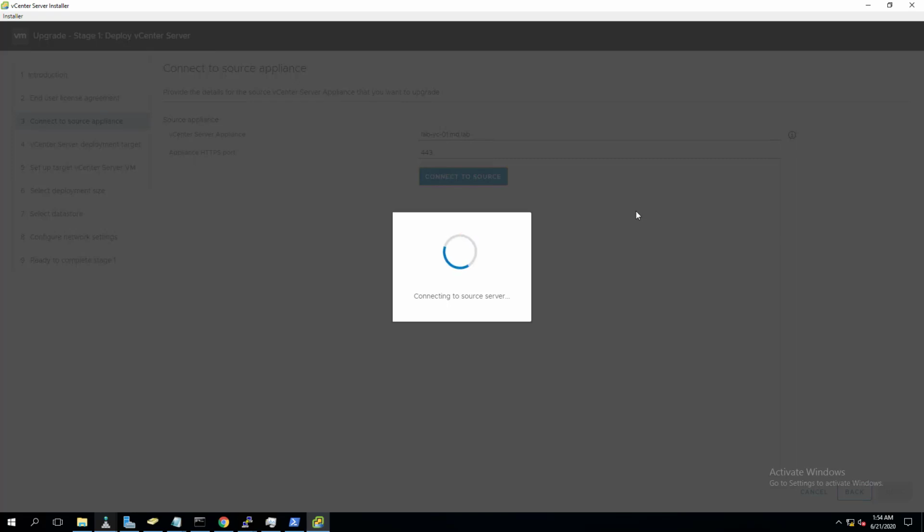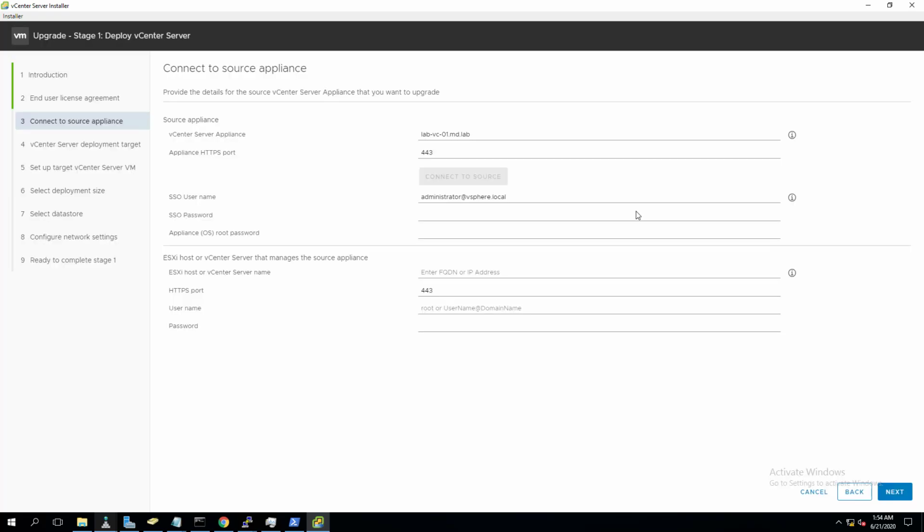It pulls the information about the existing vCenter Server, what kind of deployment it is, whether it is an external PSC or embedded deployment. So it pulls all the information and detects the vCenter Server appliance.